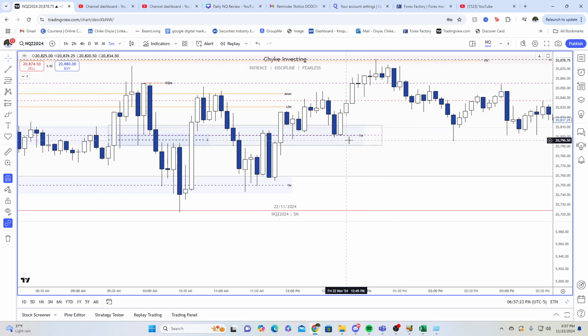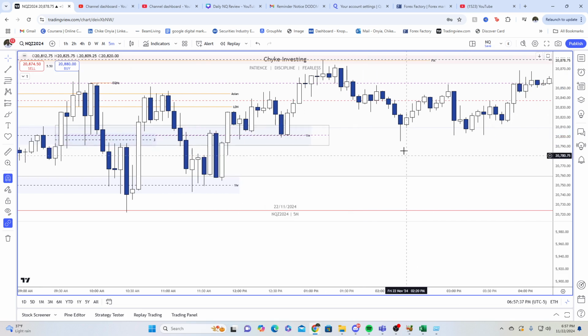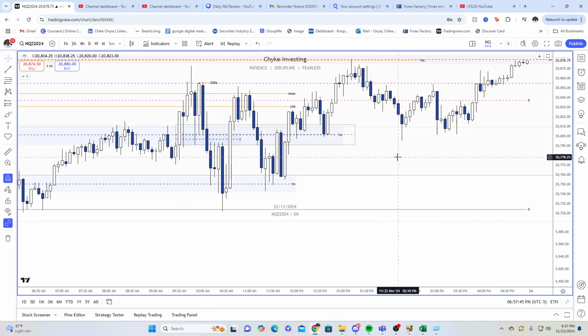Price retraces and takes out this lunch low. I believe this is the real lunch. Oh yeah, we end up taking out the lunch low, right? So that could have been your target if there was a nice 22 model on the way down. Price finds some support on midnight open, goes higher, takes out a short-term low, basically gyrates for the rest of the PM session, right? So that's it on the 5-minute.